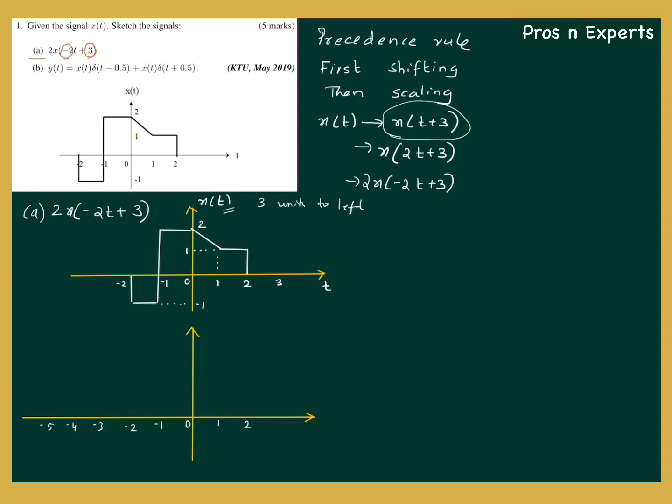I can draw it as this amplitude comes here, then the amplitude at minus 1 in x of t comes to minus 4 in x of t plus 3,